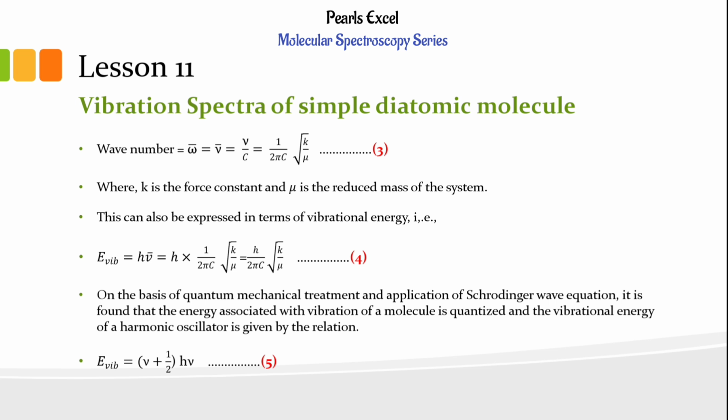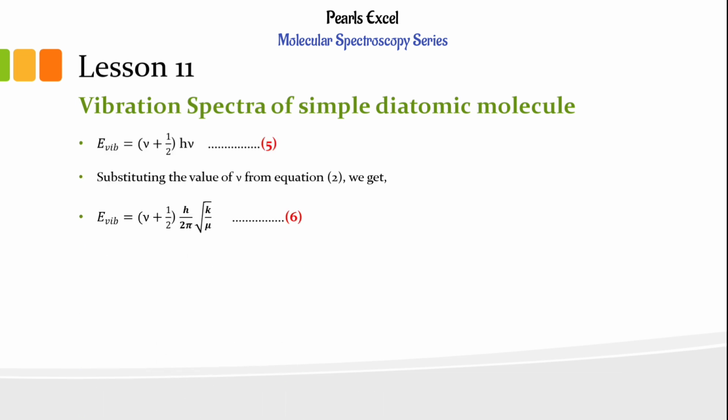This is equation number 5. Now, substituting the value of nu from equation 2, we get equation number 6, that is E vibrational is equal to (nu plus 1 by 2) h upon 2 pi square root of k upon mu, where nu is the vibrational quantum number and its integral values are nu is equal to 0, 1, 2,